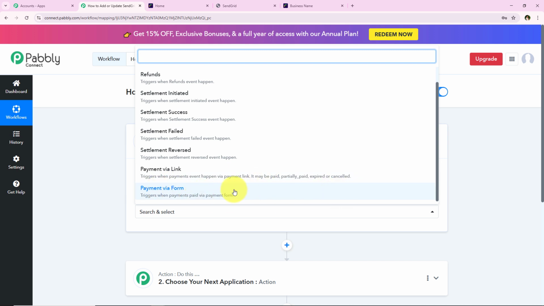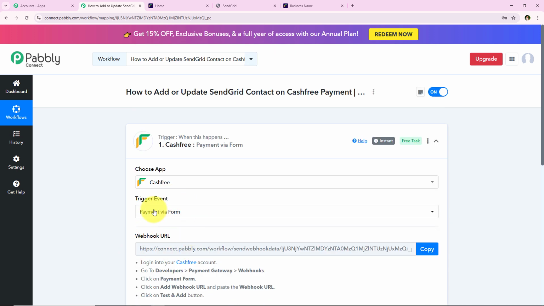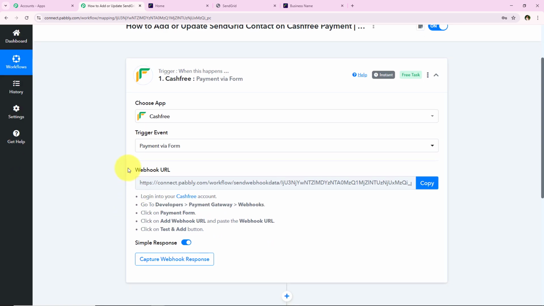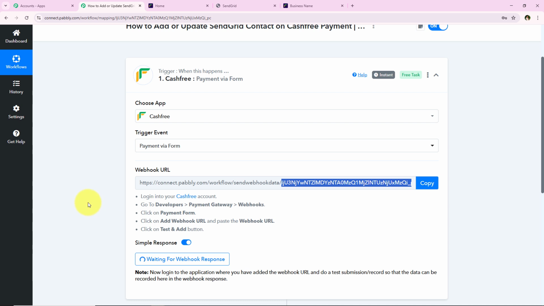So we are just going to select the same right over here as a trigger event, which is payment via form. And as soon as we're going to select the trigger event, it is giving me a webhook URL. So we are going to use this same webhook URL in order to create a connection between our Cashfree account and our Pabbly Connect's workflow. So first I'm just going to copy this webhook URL, and then we have to follow this help text, and